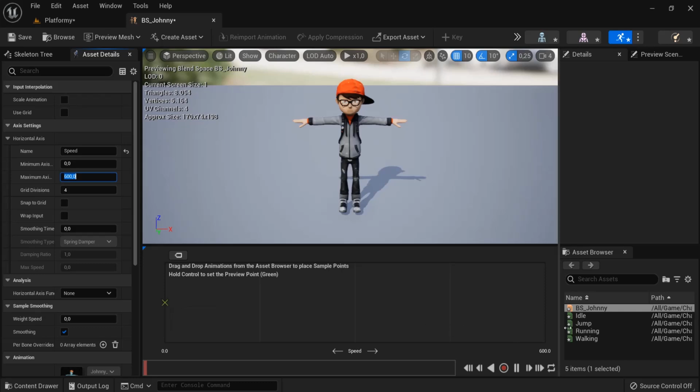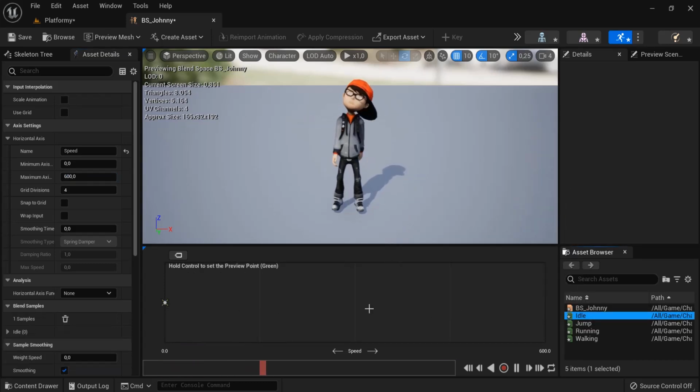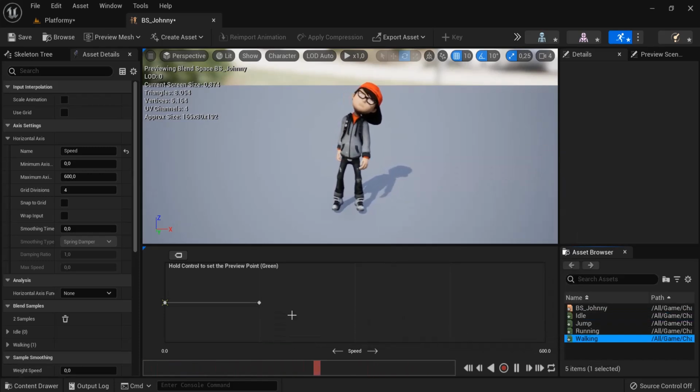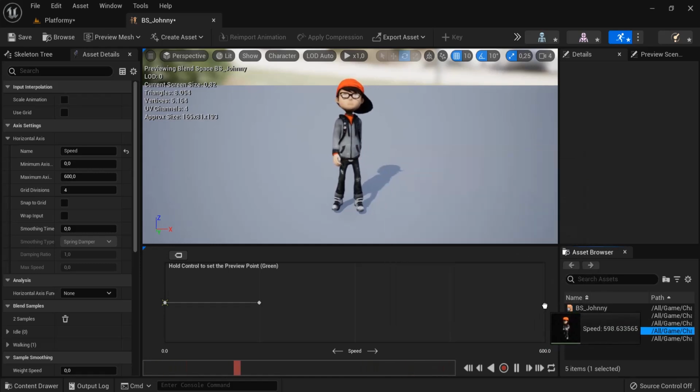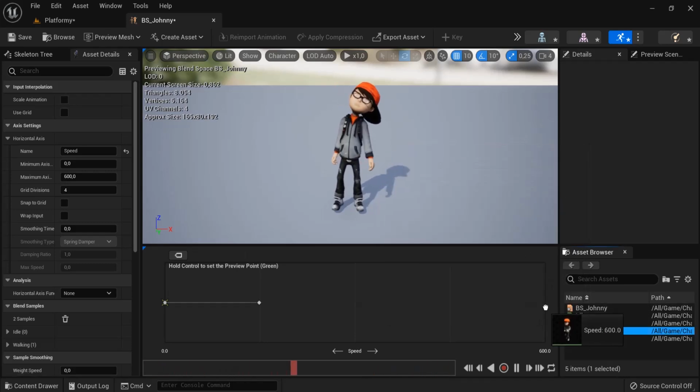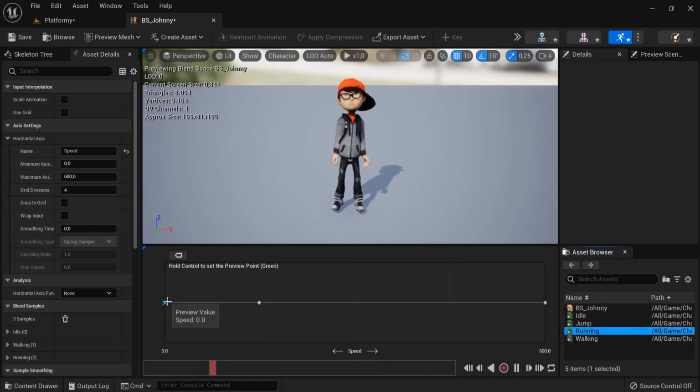So at 0 I drag in idle and then I let go. Then let's say from here he's already walking. And then the running one I put here at the end. Okay, you can still move those dots around. If you made a mistake, select the one, hit delete key. So running once more. And then when I hover this says preview, but you can hold Control and move with